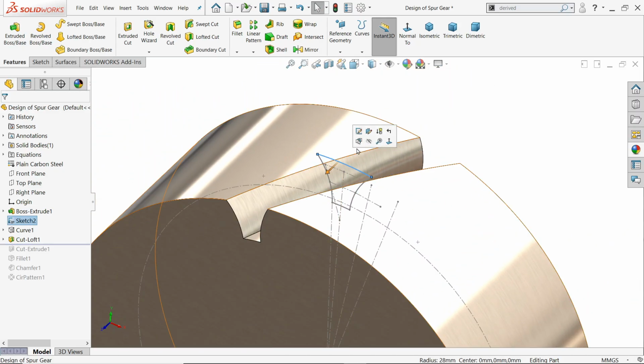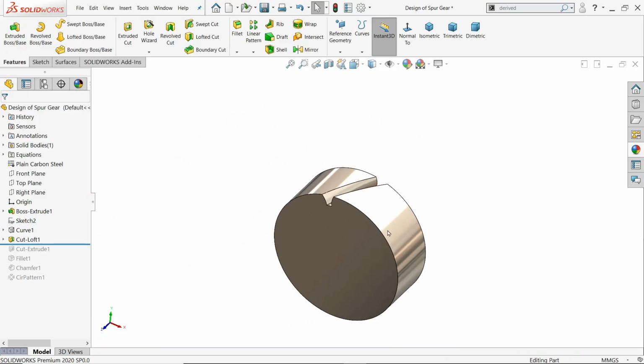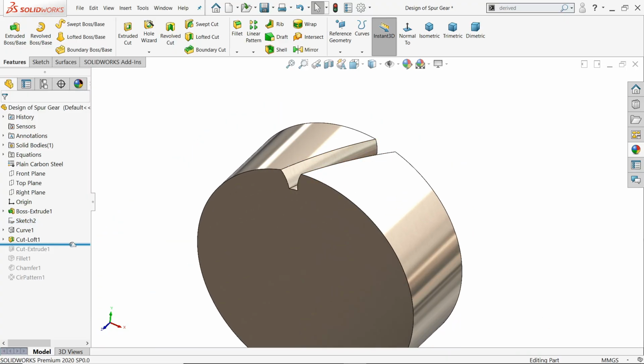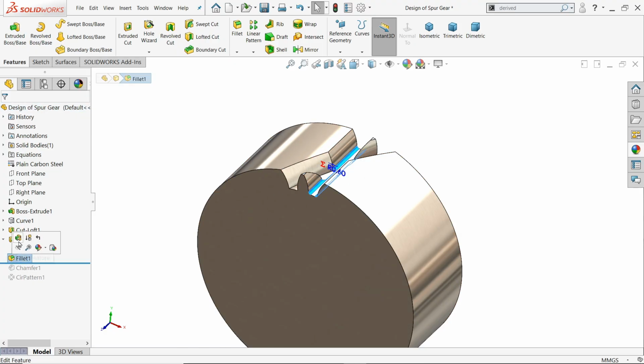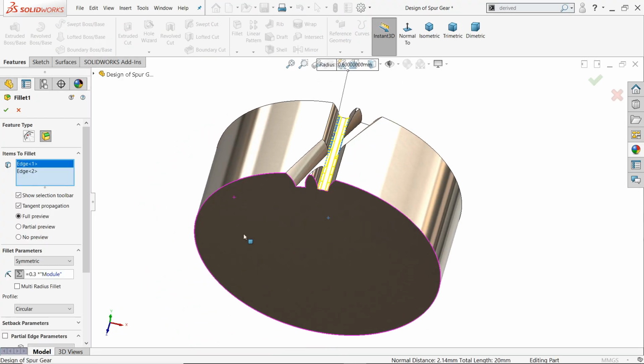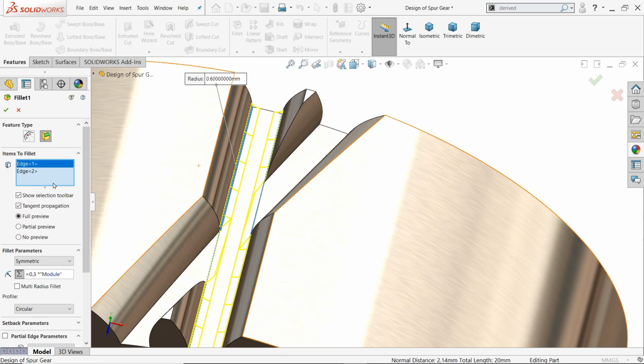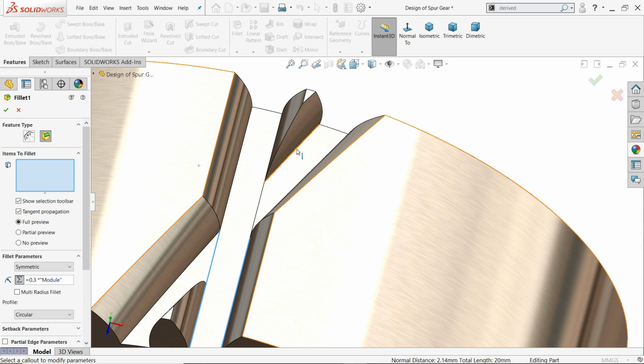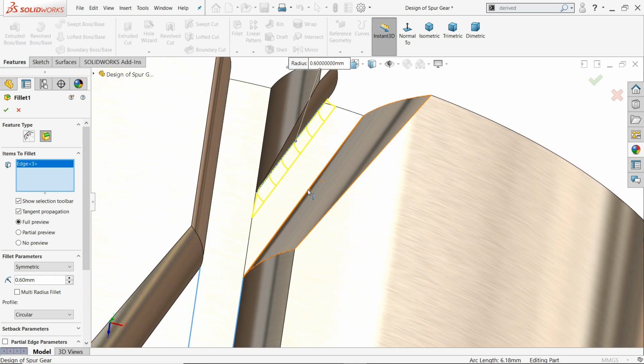If you want to hide, now drop down, see the previous cut is also shown, drop down and edit feature, here clear, select this one and this inside one, say OK.